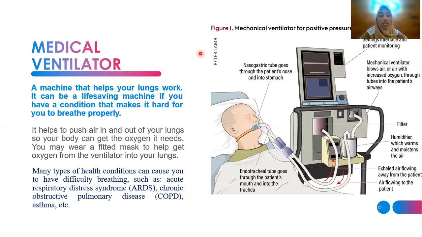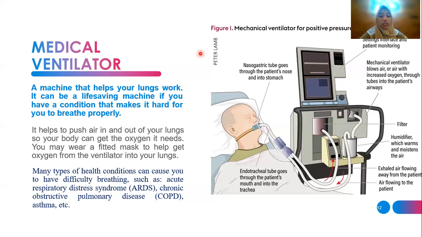For more severe cases, you will need a breathing tube inserted into your throat and down your windpipe or trachea. This is known as invasive ventilation. You will usually be sedated before this procedure is done, as it can cause pain and discomfort. The breathing tube inserted into your windpipe is connected to a ventilator that forces air into your airways, so your body will be able to get the oxygen it needs while you heal from your illness or injury.